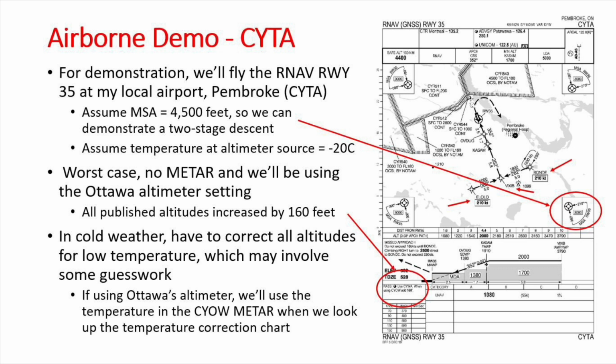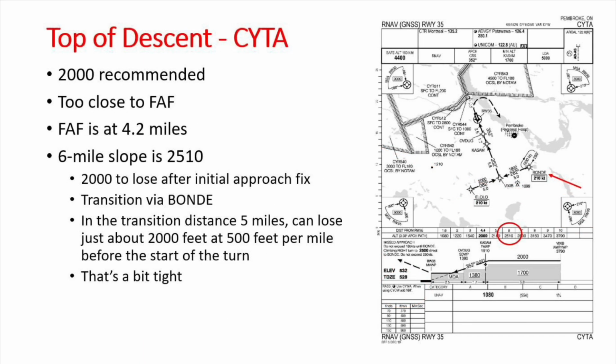At Pembroke, the airport is not in a radar environment, so you won't be getting vectors to final. You'll transition via one of the published initial approach fixes. In this demo, we'll be arriving from the southeast, so we'll use Bondi. First, let's look at the top of descent we'll use. The recommended top of descent, or TOD, is 2,000 feet, but that's right on top of the FAF, so we'll